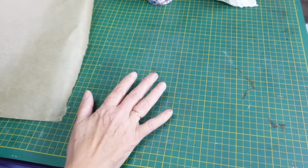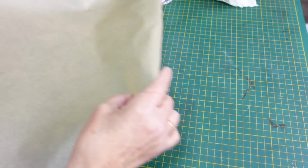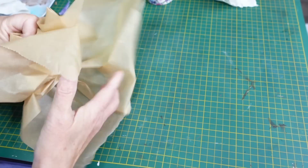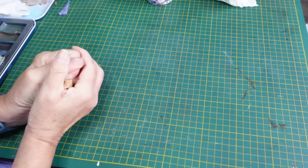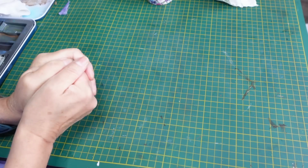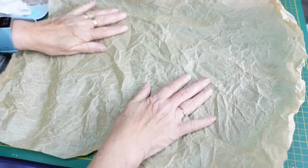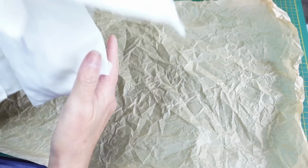Quite often I paint it directly onto my cutting mat and I just mop everything up afterwards. But another way of doing it is to do it on top of a piece of greaseproof paper. What I do first is crumple it all up. By crumpling it all up, you encourage it to lie flatter. The water doesn't run off as much, and actually you can get some cool textures with the paint. So once it's all crumpled up, I can just lie it flat out again. Sort of means you can help the water stay there instead of it running off the table. Put my fabric down,